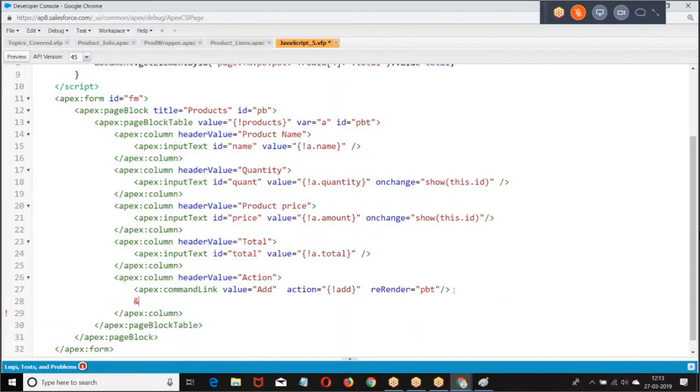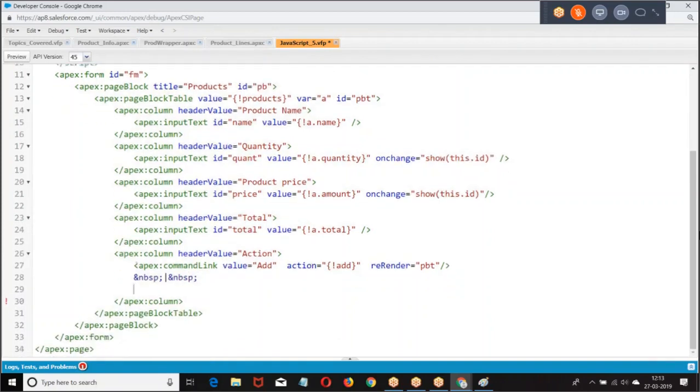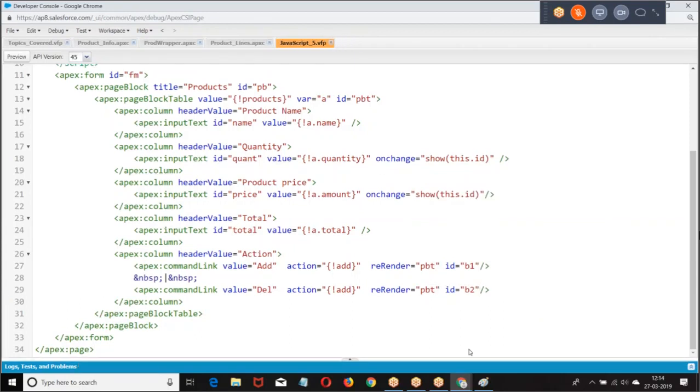And again, I want to give NBSP. First, let us see the UI part. Then you understand what is my intention.